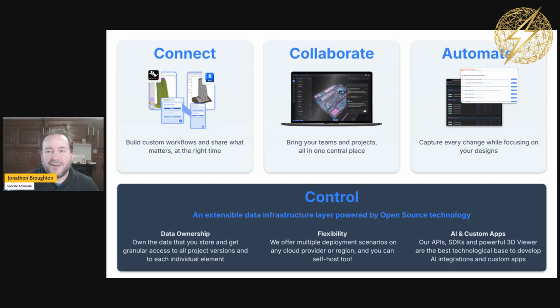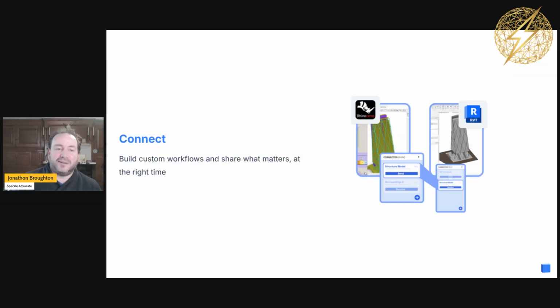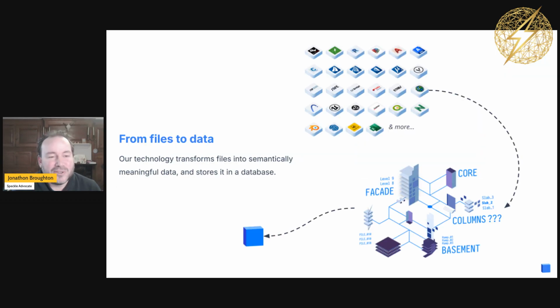Interesting, slides missing. So what we do inside Speckle, actually, there we go, change of order. What we do is we break down all of that. So all of those files, models, drawings, plans, GIS data, all of that sits inside the host application in one form or another. Typically what we tend to do then to get it into Speckle as a kind of data form is to discretely break it down at an elemental level.